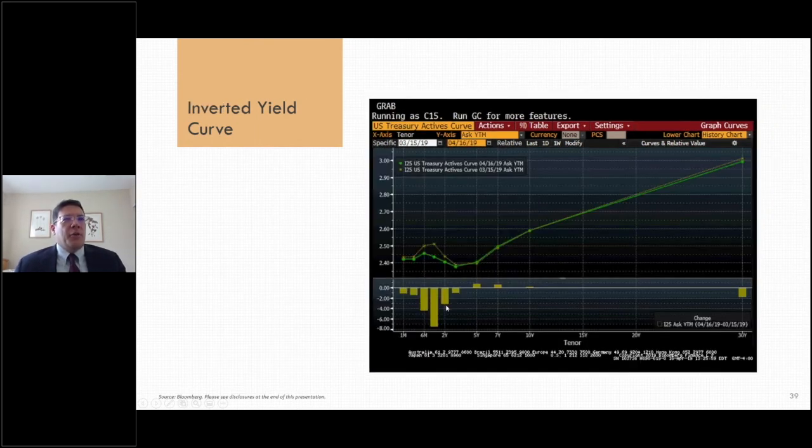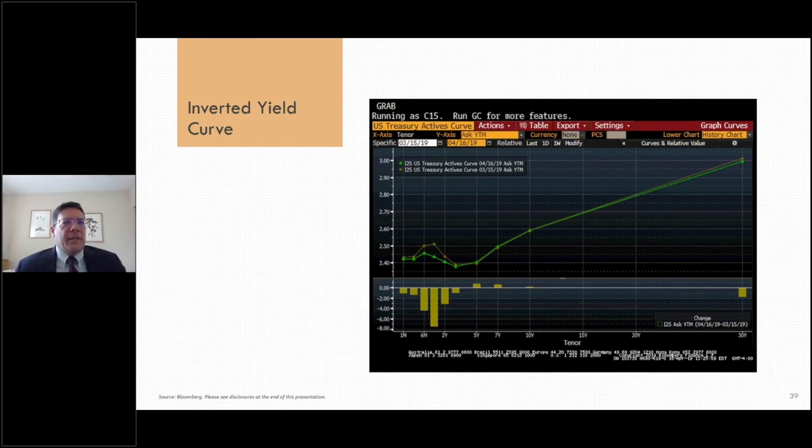Then you have an inverted yield curve. I'm looking at spring of 2019, where there was an inversion. I just want you to focus on the 5 year and shorter maturity ranges. And in this instance, 5 year treasuries were yielding less than a 6 month treasury, meaning you could get more money by keeping your investment shorter than had you locked it out longer. It's the opposite of what we know to be true over long-term periods. It's an anomaly. We call that an inverted yield curve. Generally, it occurs